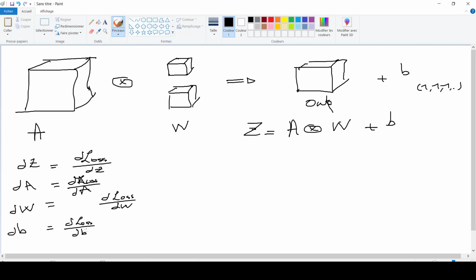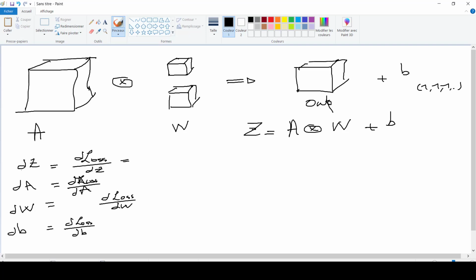Okay, so we need this, as you already know, to update the weights, which is here. So W equals W minus alpha times the derivative dW. Fortunately, here we have the dz.